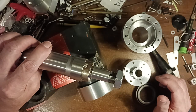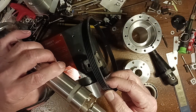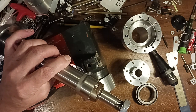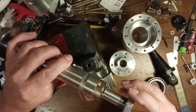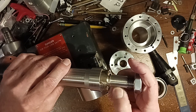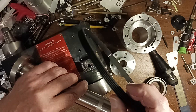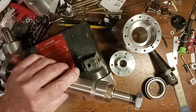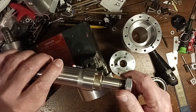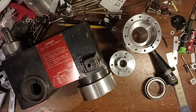I was going to make one. I got this belt, and I needed a wider belt, and it was really hard to find a wider one. So what I ended up doing was just ordering one from SDP SI, and I'll just modify it. The one I ordered is not much wider than this, but it's mostly just to get it going, keep the project going. So I got to put a little keyway in here. But that's kind of the new plan now,